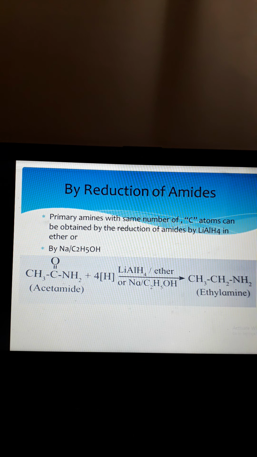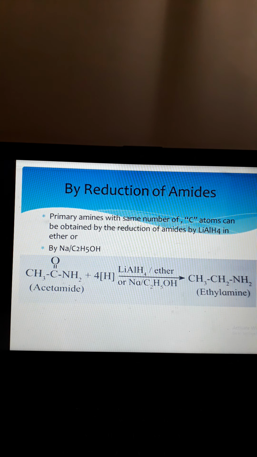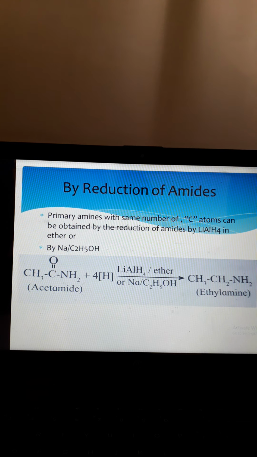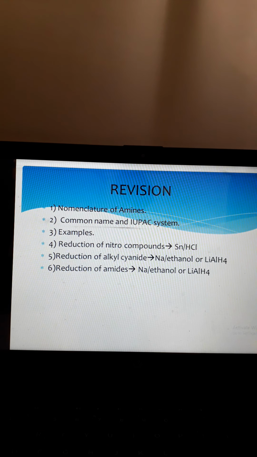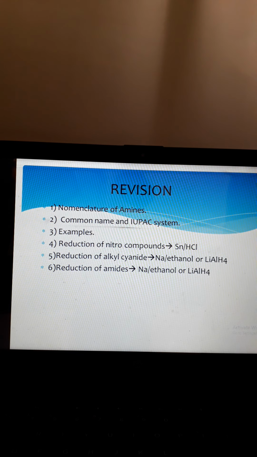Or you can also use, instead of that, Na, that is sodium in ethanol, C2H5OH, that is ethanol. So you can either use lithium aluminium hydride in ether or sodium in ethanol. And after the reduction of these amides, we get the primary amine, that is the ethyl amine. This was about the reduction of amides. So 4 procedures we have seen for the preparation of amines,